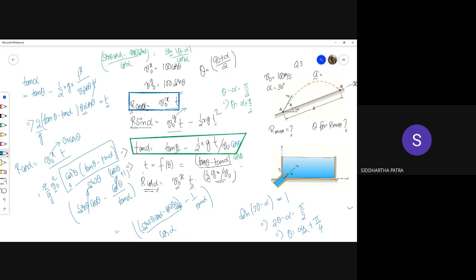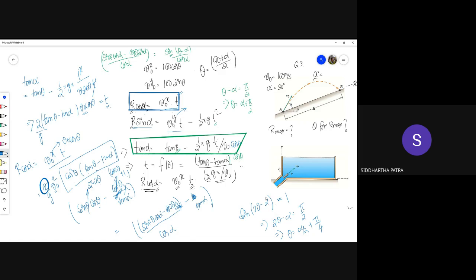You realize what is happening here? If I multiply cos squared theta to tan theta, it simply becomes sine theta cos theta. I'll take this 2 from here, and that would be sine 2 theta. This cos squared, no, it's not division, it's times tan alpha. This tan alpha times cos squared theta can be written as cos 2 theta plus 1, because there is a multiplication of 2 times tan alpha. Now tan alpha is a constant because alpha is a constant. So I'm left with this exercise where I have sine 2 theta minus alpha, which needs to be maximized.